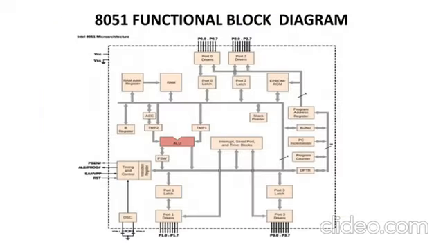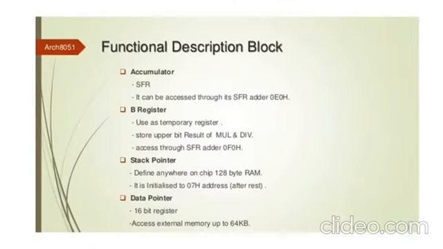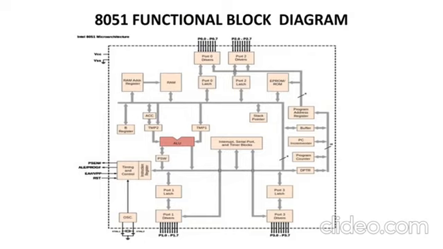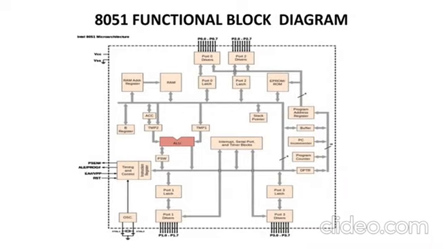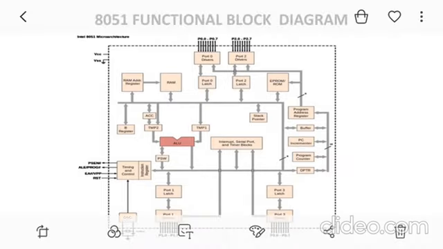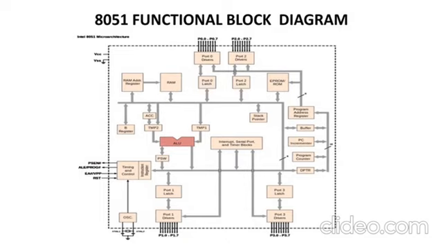So this is the functional block diagram of 8051. Just look at the dotted lines, the outline. We should have a total of 40 pins. If you see outside this dotted line, we have port 0 drivers emitting 8 pins, 8 pins at port 2, port 1 driver 8 pins, port 3 driver 8 pins. So a total of 32 pins have been done.